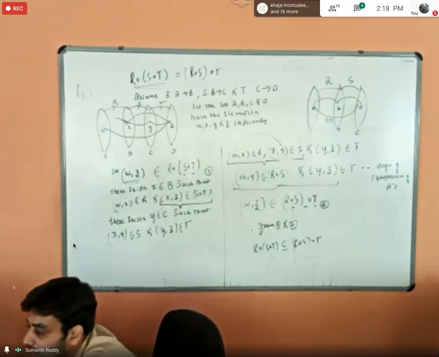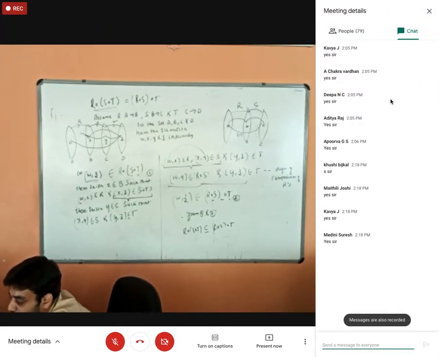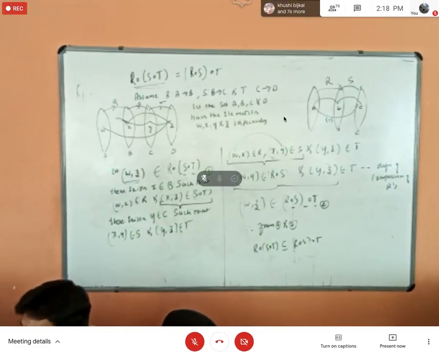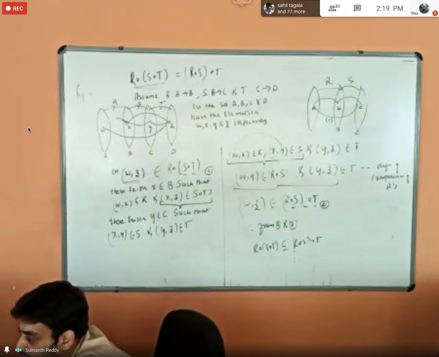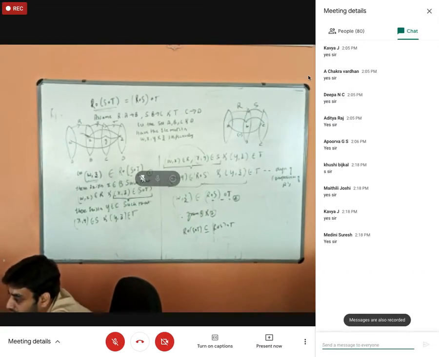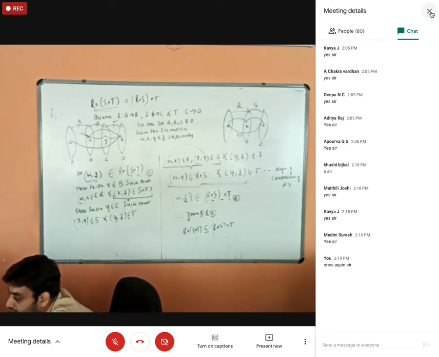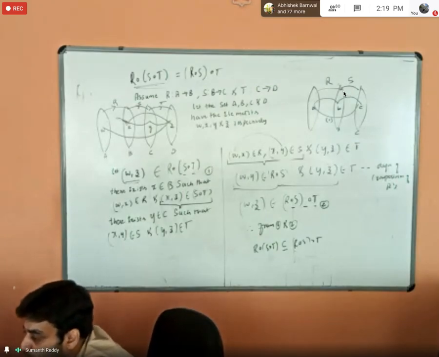Fine. If you want to analyze, I'll give you 2 minutes. Just analyze the theorem. If you have any doubts or if you want me to explain the theorem again, I will do that. No issues. You can just put it in the comment section to explain it again. I want all the students to analyze the theorem, and after that I'll ask you. If you want any further explanation, I'll explain. Yes, Aryan, I will explain it again. But before that, for 2 minutes, try to analyze whatever I have written on the board. After 2 minutes, I'll explain it again.